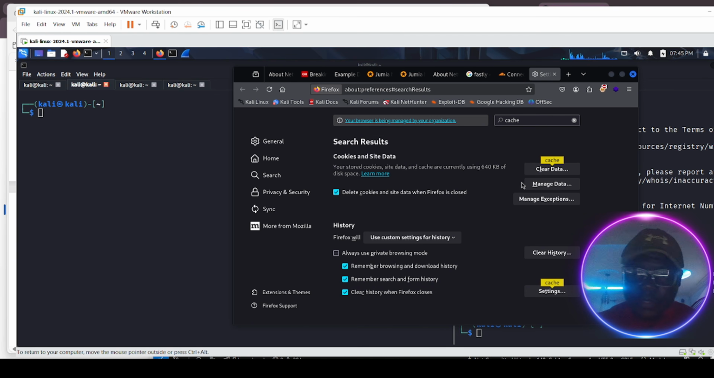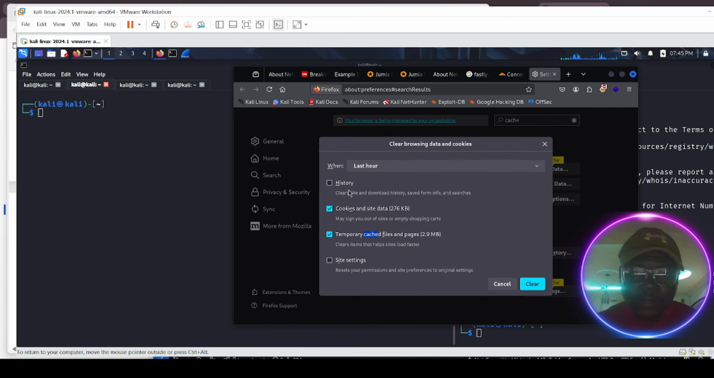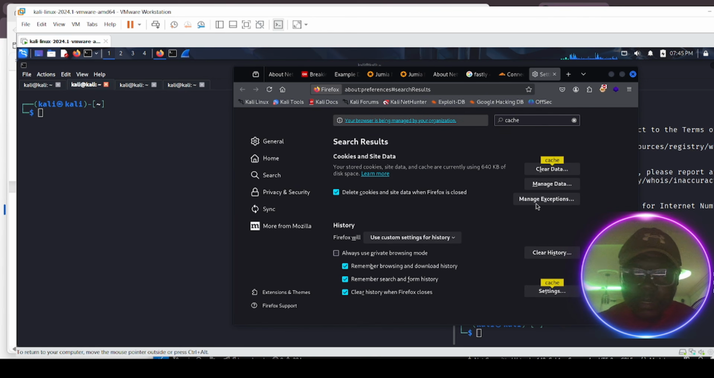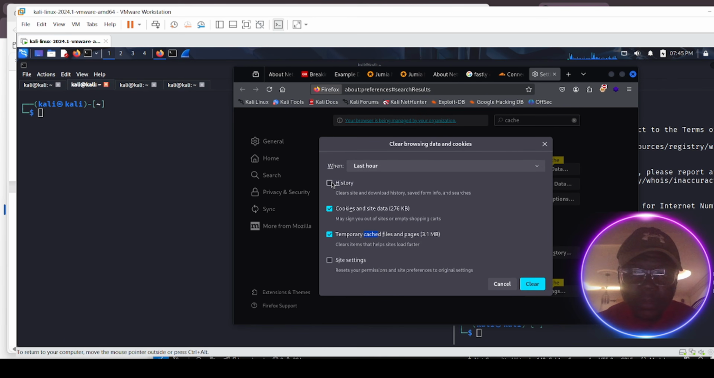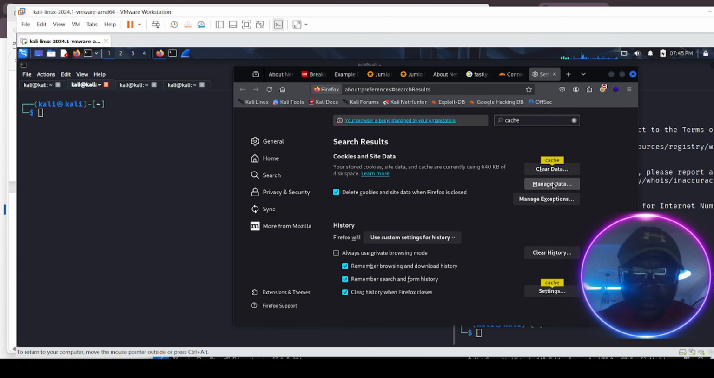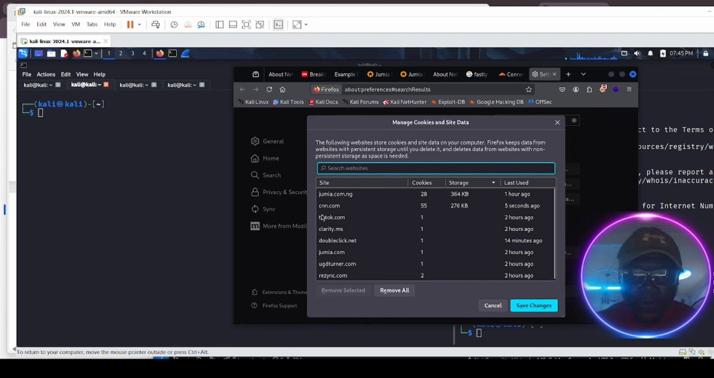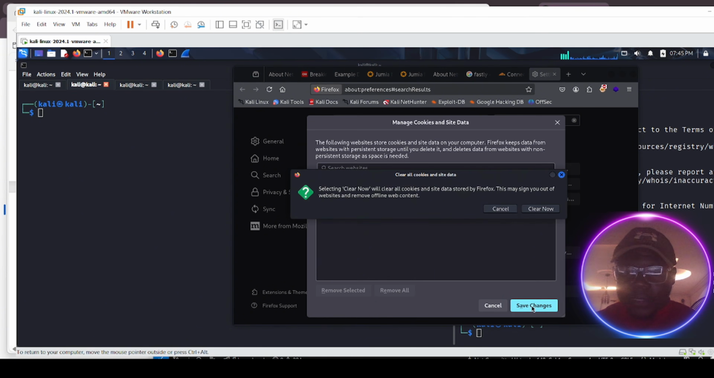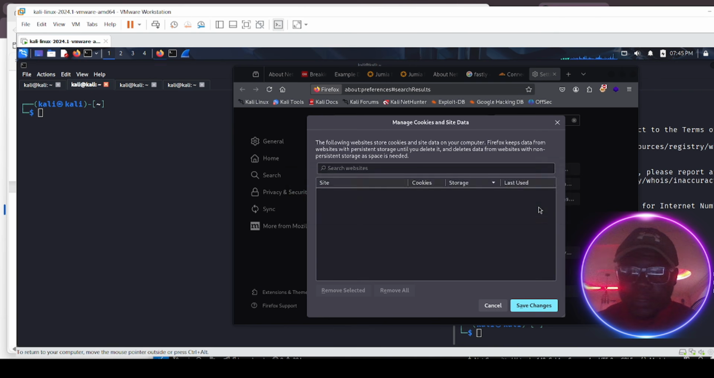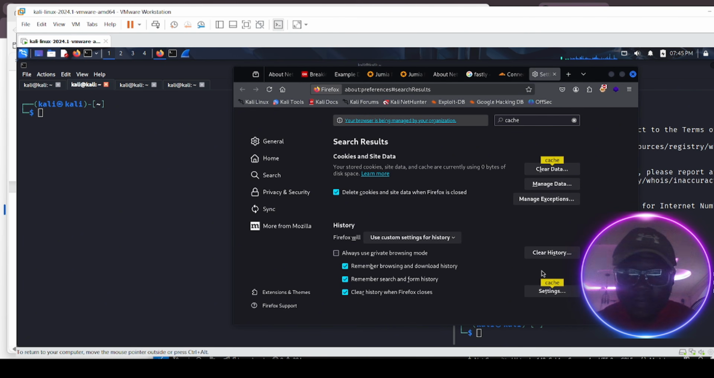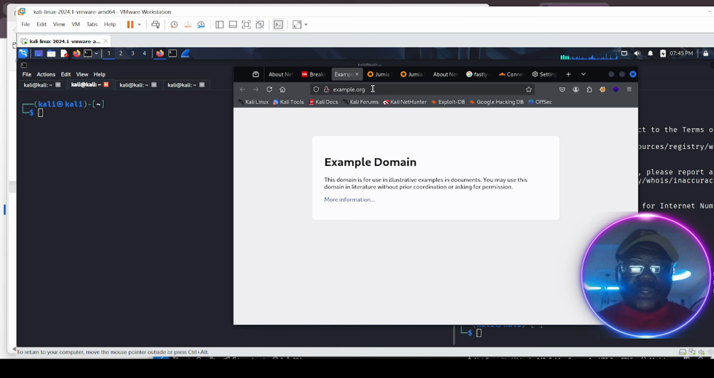Clear history. I want to clear my cache. I want to clear history, cookies, and everything. Okay, clear. Manage the data. Look how we have CNN here. Manage cookies. Remove all. I'm removing everything. Save changes. Clear now. So I think I've been able to clear everything. Then let's go back. So if I do example.org,